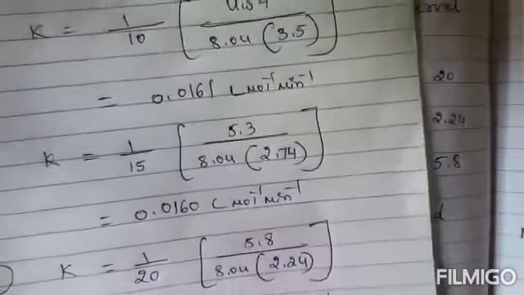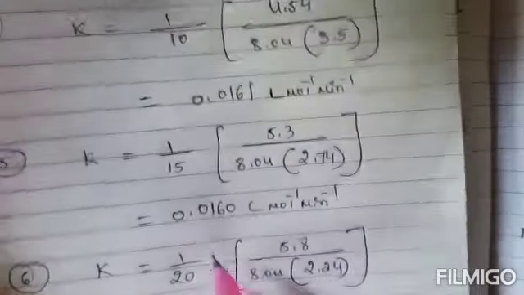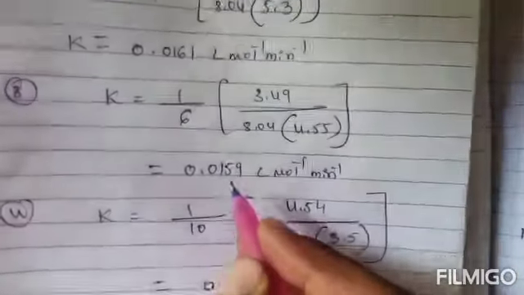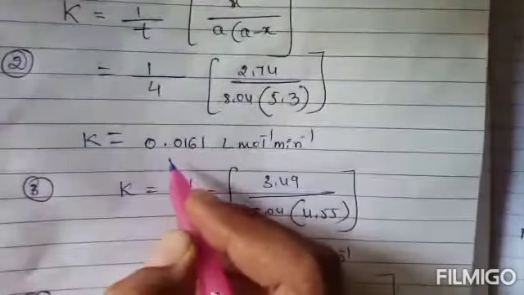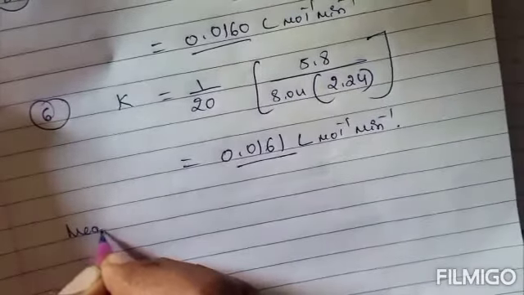Here, at different times, the k value is always similar. Here you can see, by calculating the mean of k, the rate constant,